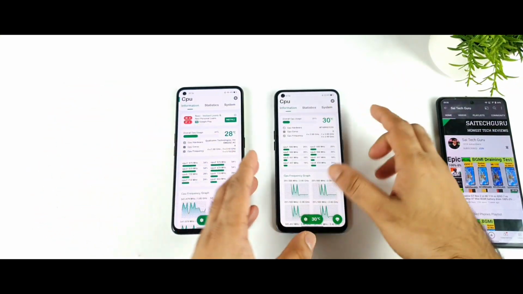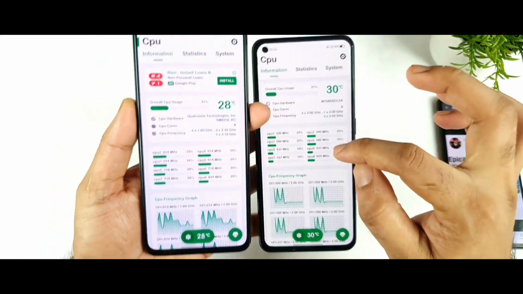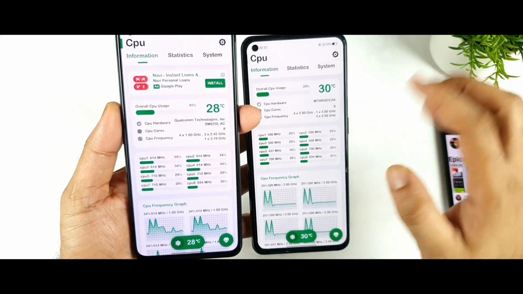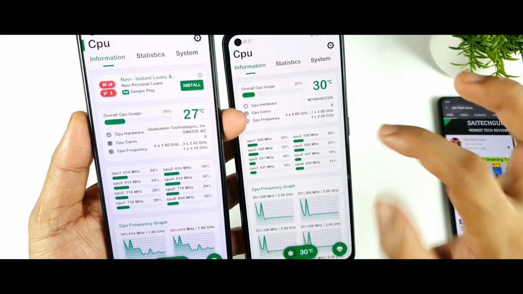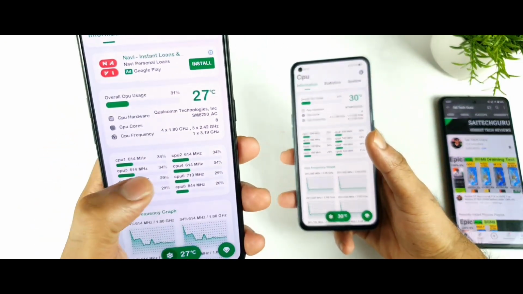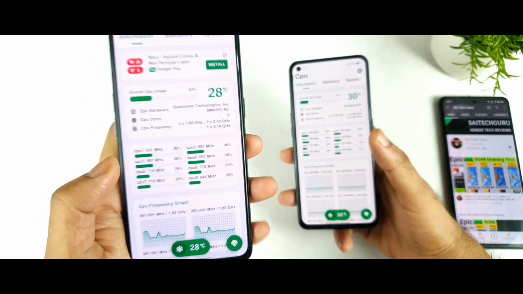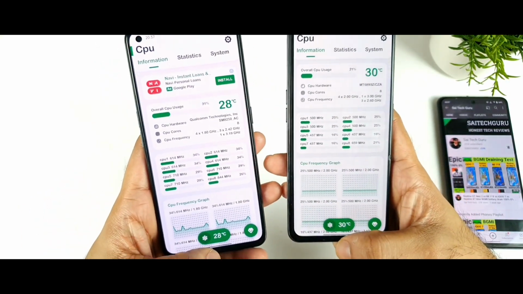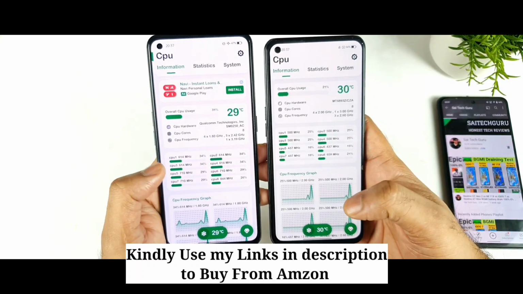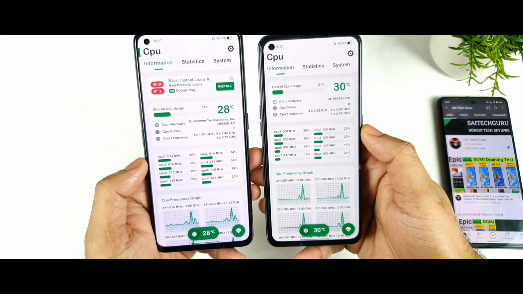Using this application, we can monitor exactly what is happening with each CPU core. As you can see, friends, out of 8 cores, the utilization on the Realme X1 Max is not increasing much in the idle state, everything is below around 25%. But on the Realme GT Neo 2, you can see 34%, slightly above 25%. In the idle state I'm not using any applications, there is no live wallpaper running, only one application in the background. Observe how the CPU cores behave on both phones when I'm not touching the screen.